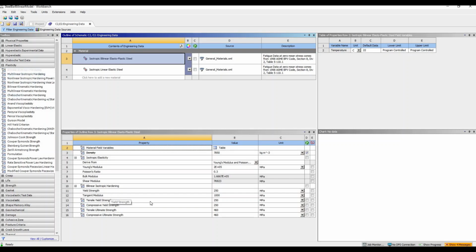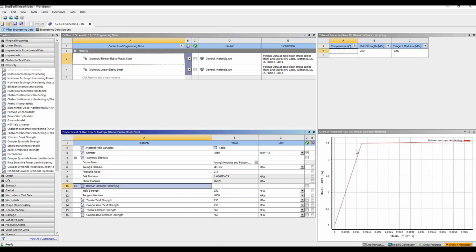And when you define a bilinear isotropic hardening model, you need to add again the yield strength, that for consistency I have chosen to be the same one as in the elastic model, and you need to define as well a tangent modulus. A tangent modulus is the modulus of plasticity, the modulus that defines the slope of the second line in your bilinear model. This bilinear model, remember, is isotropic, so the behavior of this plasticity will be the same in every direction of the two-dimensional space,